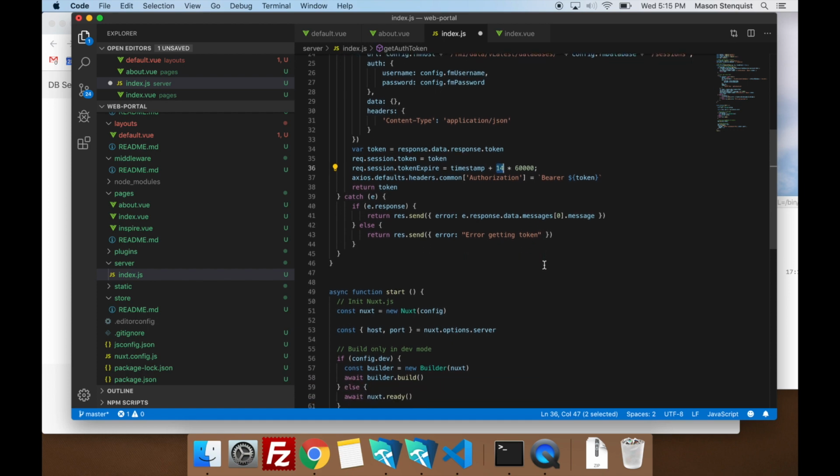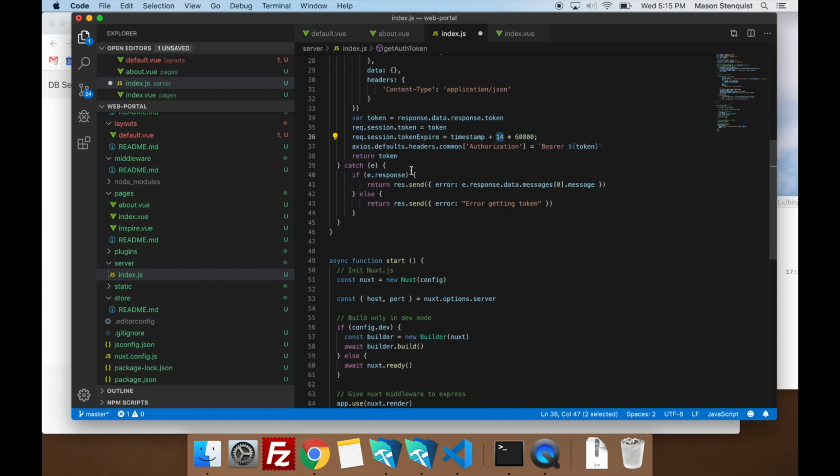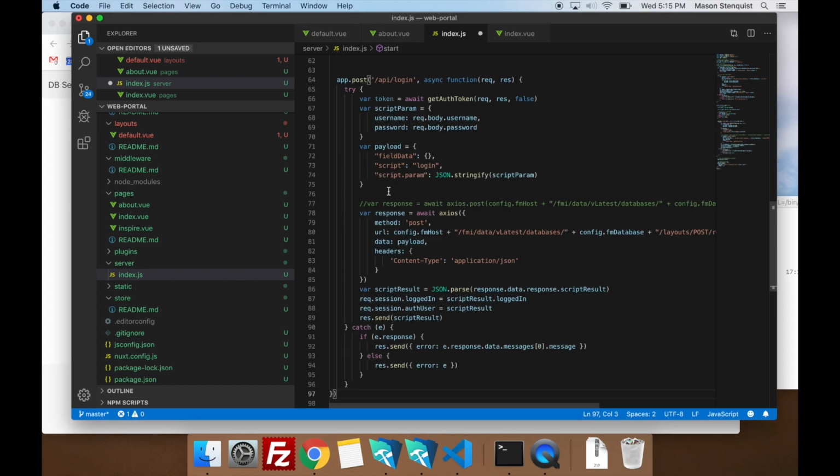So that's all working pretty good. This function is good and all, but now we need some way to call it. So what we'll do is we need a path in our router, basically, to create a login API, if you will, for the backend. In order to do that, we just come into our start function, and we'll do it before this middleware here, and we'll just paste that in.